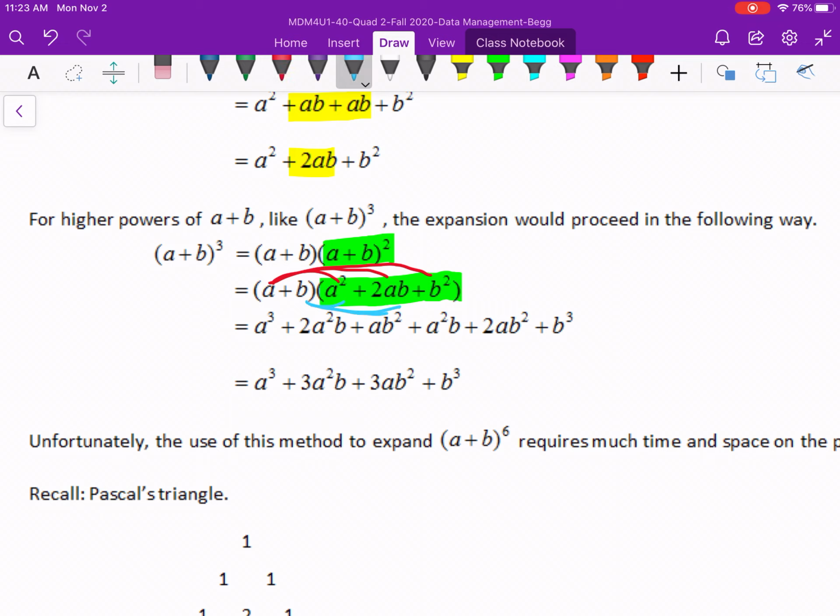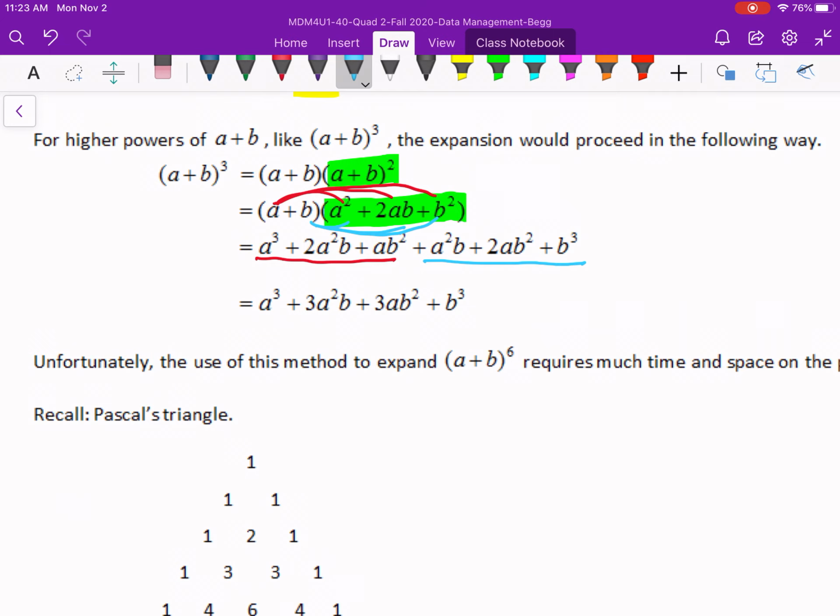So we'd have to do 6 different multiplications, and we'd get what we get below. The first 3 terms came from multiplying by a, the next 3 terms came from multiplying by b, and then we'd collect our like terms up, and we'd get that